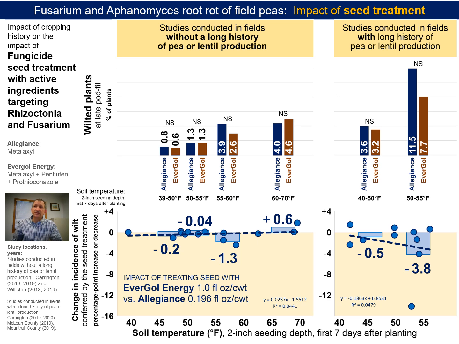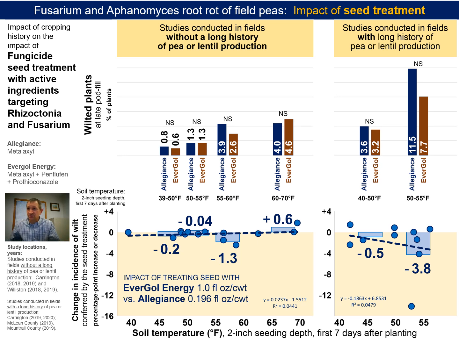And so essentially you're looking at what's the impact of using a seed treatment with efficacy against Rhizoctonia and Fusarium in these fields with elevated root rot pressure versus not. Okay, and so elevated Aphanomyces and Fusarium pressure versus not. And so in the fields that did not have a long history of growing field peas, you can look at our end of season wilt data, so the percent of plants that exhibited